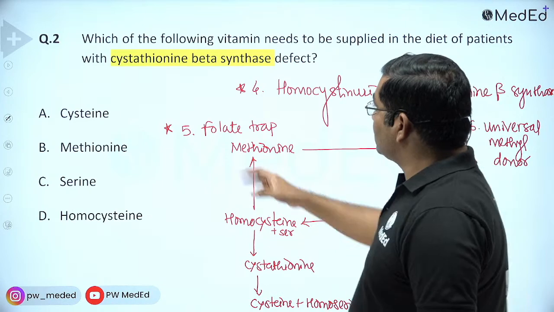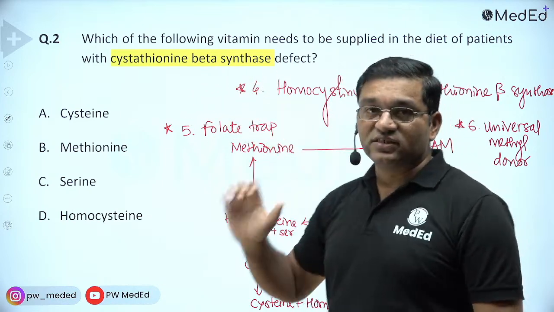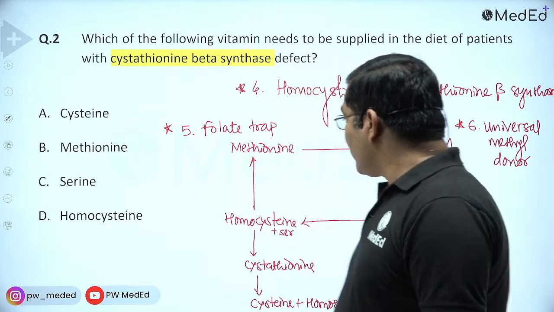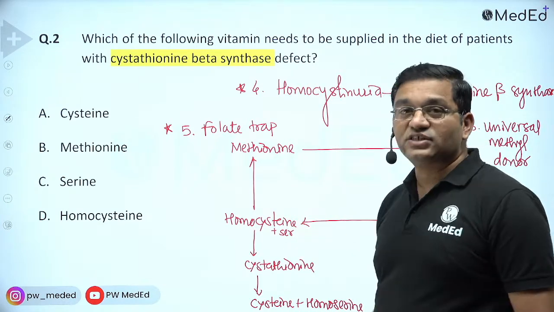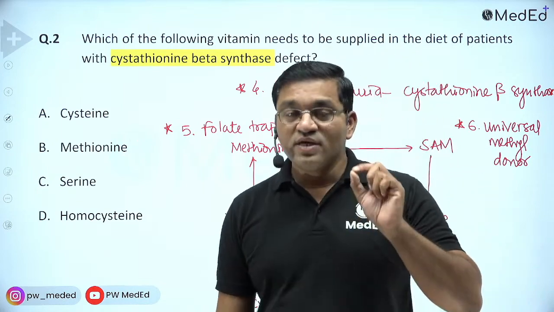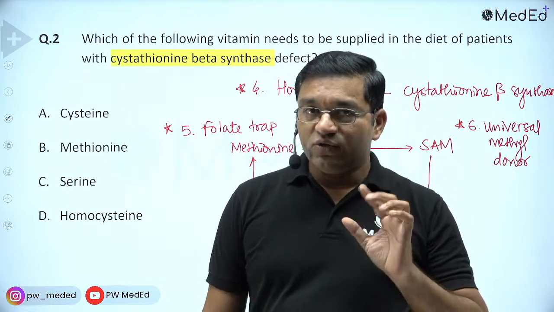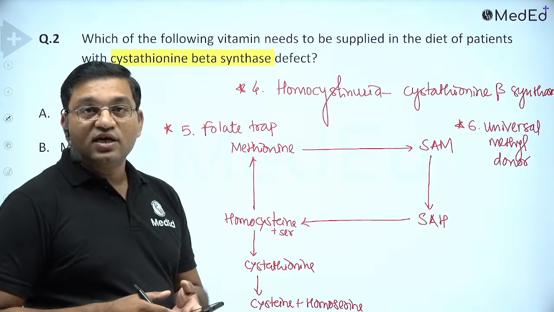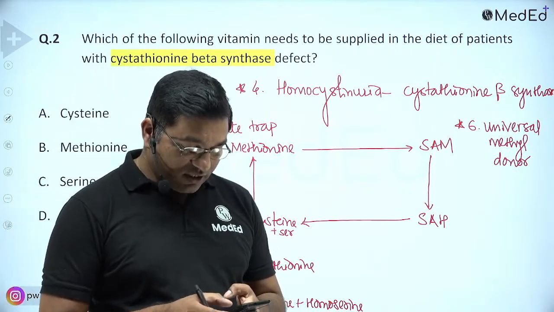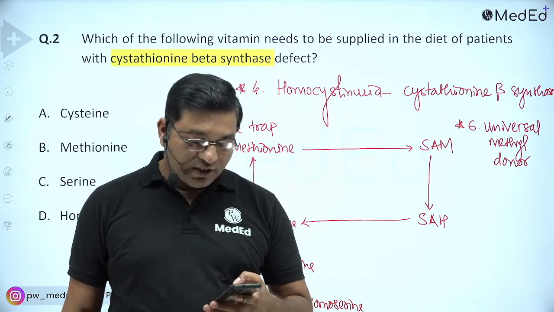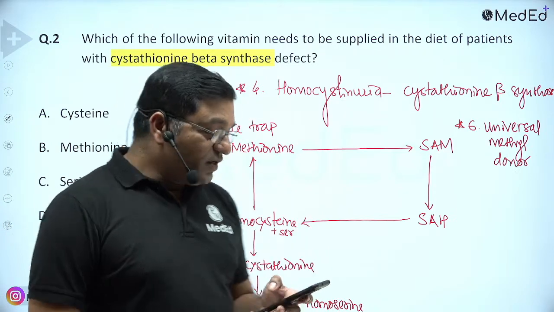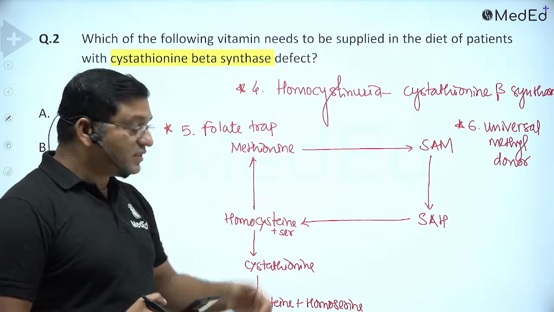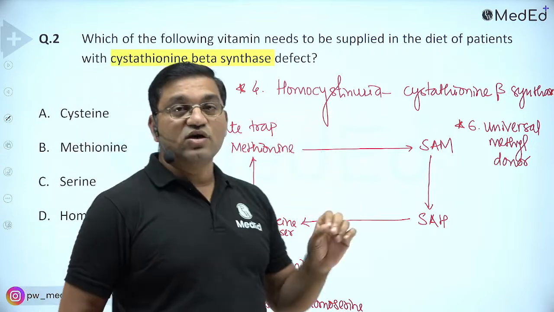Now, what is cystathionine beta synthase? Cystathionine beta synthase is an enzyme which is required for the transsulfuration reaction in the metabolism of sulfur containing amino acids. What are the sulfur containing amino acids? Methionine, cysteine and cystine. These are the sulfur containing amino acids. In methionine and cysteine metabolism, the cystathionine beta synthase causes the conversion of, now see